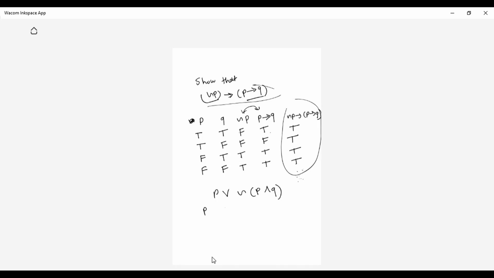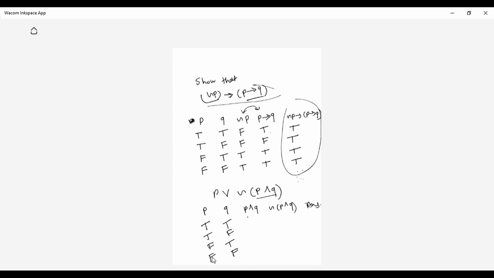So you will have P, Q, then P and Q, then negation P and Q, and finally the answer. P: true, true, false, false. Q: true, false, true, false.